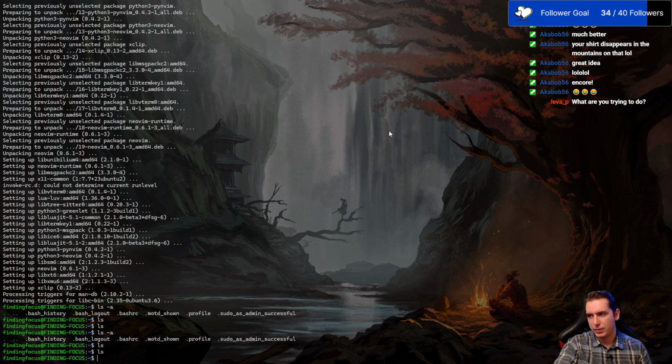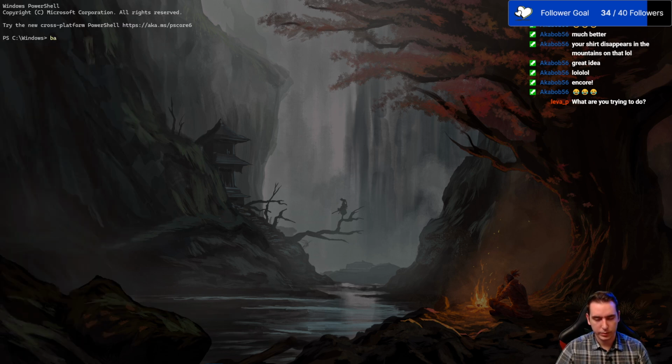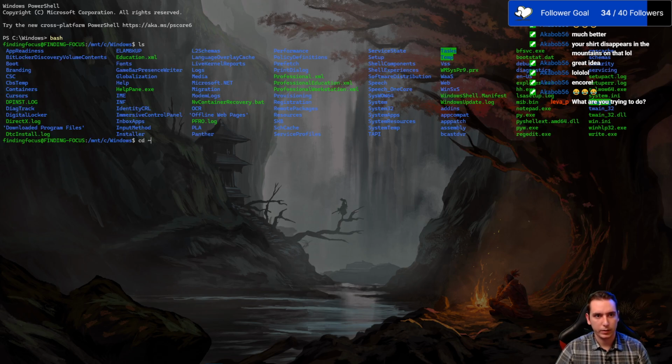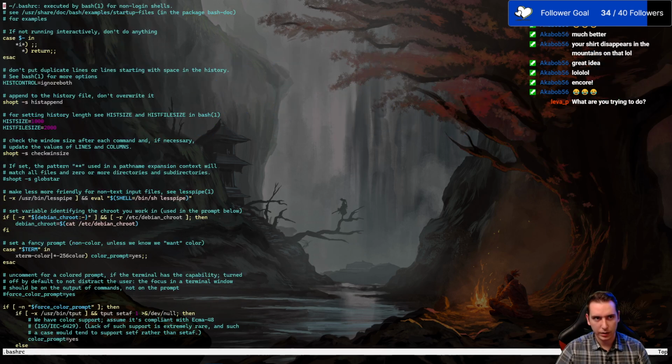Hey, Leva, we're trying to, basically when we open a new Windows terminal here, let's say we open Windows terminal and we want to use our bash environment. It defaults to this mount C Windows directory, and I want it to go to our home directory here. So we just installed NeoVim to hopefully edit our bash RC, and maybe we can